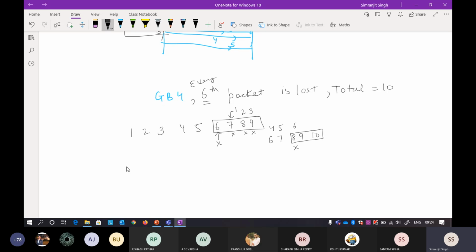So actually I'll write it again so don't get confused. 1, 2, 3, 4, 5, 6. Now 6, 7, 8, 9 are retransmitted, but again the 6th packet was lost, due to which I have to again retransmit this whole window. So it will become again 6, 7, 8, 9. So I've retransmitted the whole window.